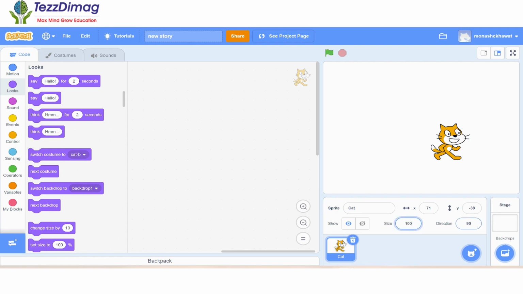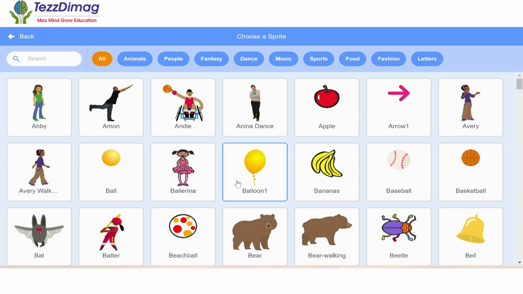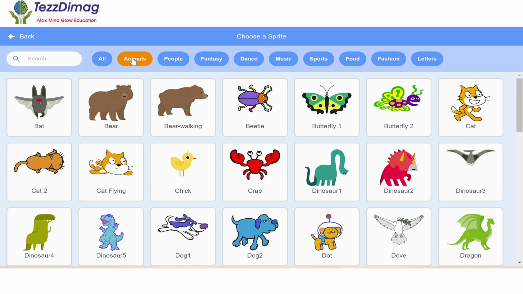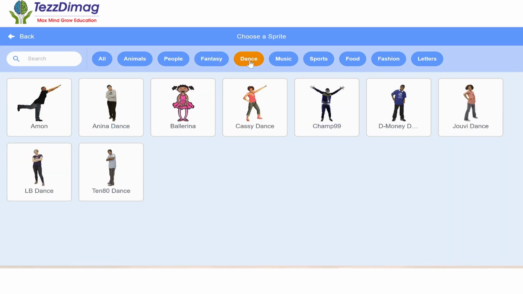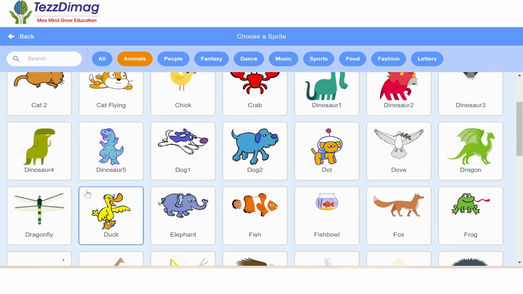So if we want to select a new sprite, first of all, let's delete this given sprite by clicking on this icon. And now go to this cat icon and click on choose a sprite. There are so many options already available on Scratch. There are so many sprites available, and you can also search by clicking on these given categories like animals, people, fantasy, dance, etc. So let's say I'm going to select this dinosaur,